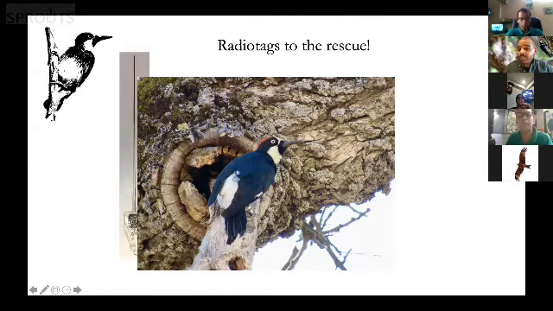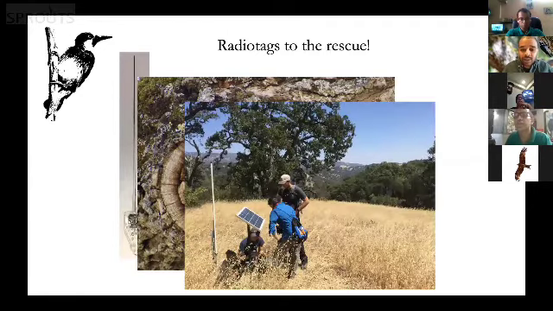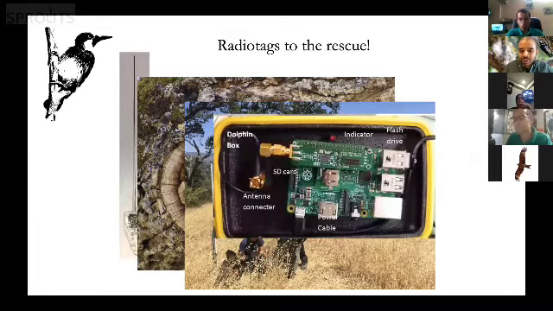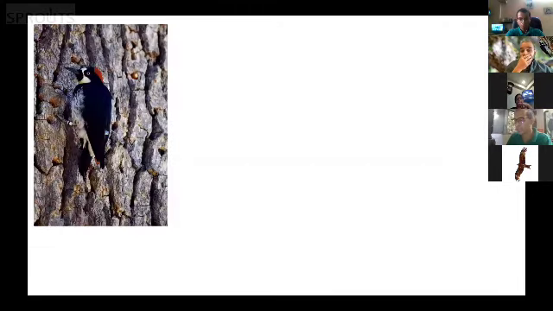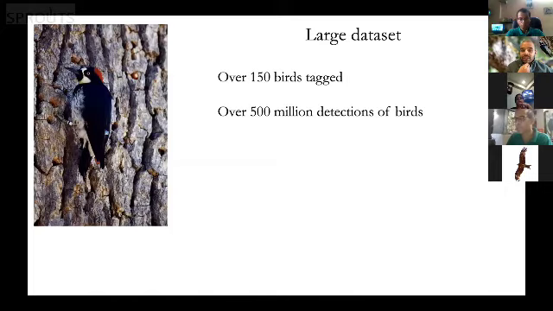The tags are picked up by these autonomous solar powered receivers. And this is what the receiver looks like inside. We have about 45 receivers spread out over our 1,000 hectare or 2,500 acre study area. So we can track all birds continuously and simultaneously. So this is giving us another very large data set to play with. We have over 150 birds tagged, and we have over 500 million detections of birds so far in the last